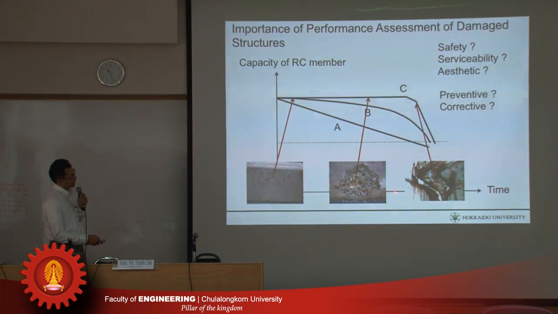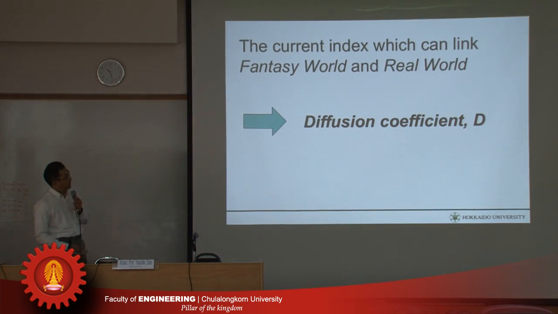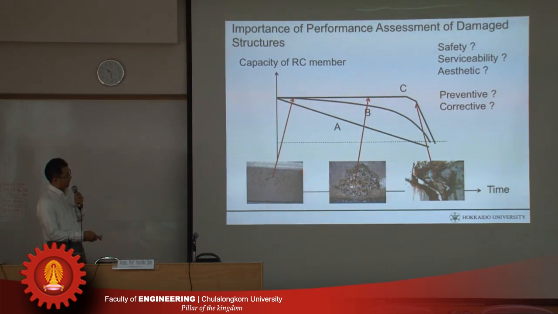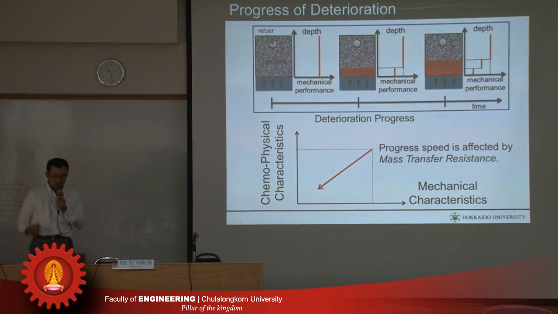And maybe with such severe damage together with corrosion of the rebar, the capacity will be reduced like that. So we have to predict this stage. If we can control up to this level, the diffusion coefficient is enough. But we cannot do preventive maintenance. We have to have a prediction method to determine the actual performance or capacity here. To do that, yes,